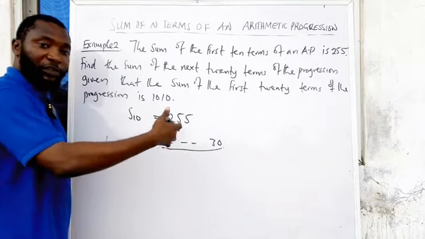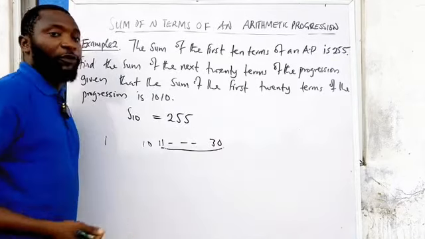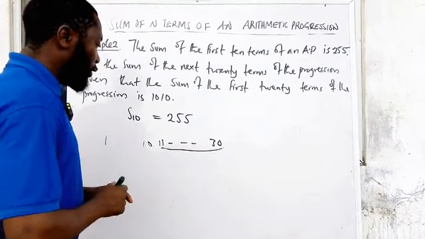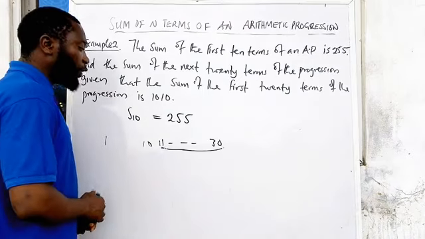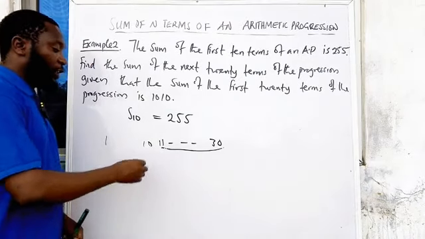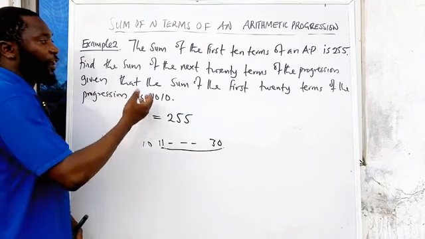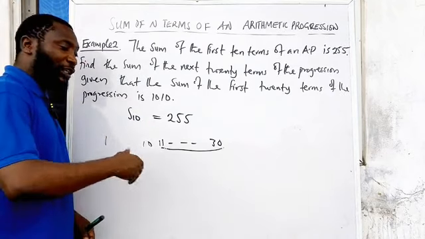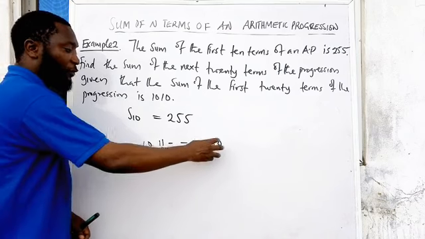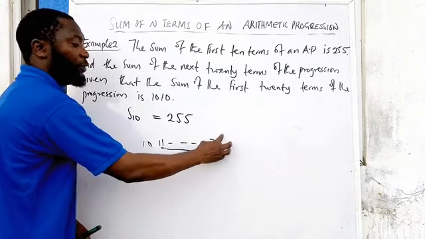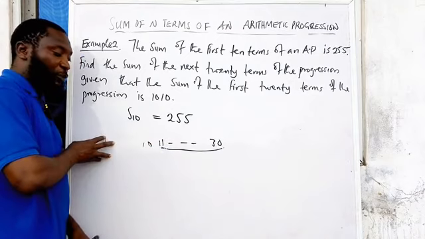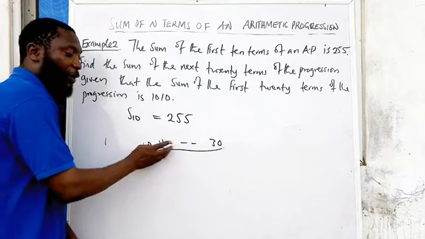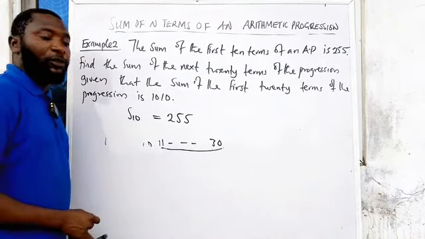The common difference will remain the same, and we can use the formula again to generate the next 20 terms. Alternatively, since the question says find the sum of the next 20 terms, it means I can find the sum of the first 30 terms, then I will just take the sum of the first 10 from it. Once I remove this first term, I have the sum of the next 20 terms. Now,